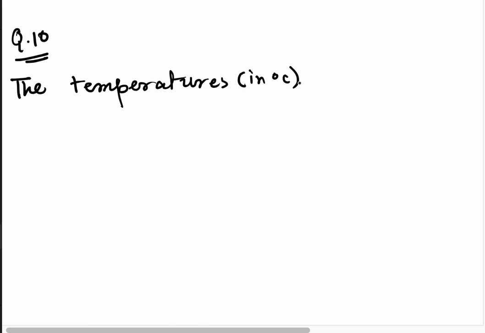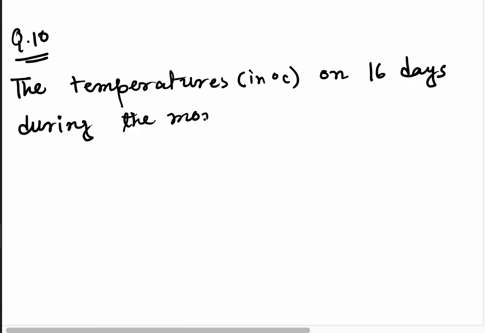Question number 10 is as follows: the temperature in degree centigrade on 16 days during the month of June